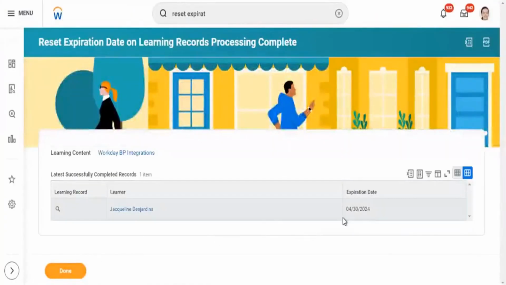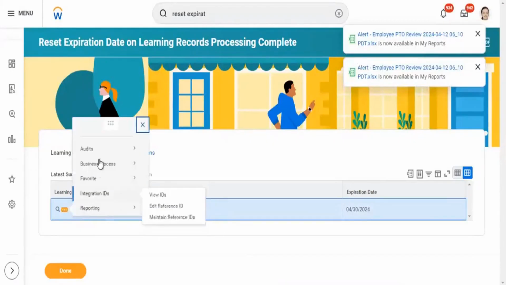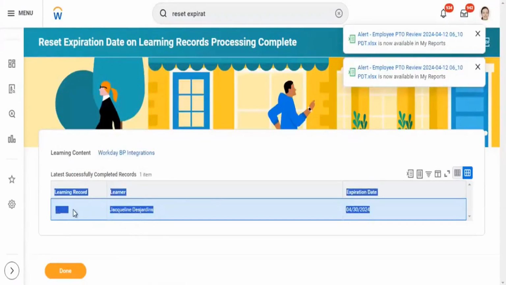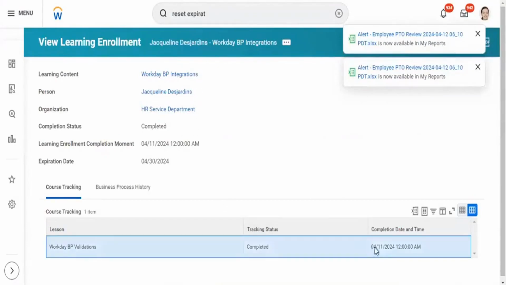Proposed expiration date is showing us 30th. If you can see her enrollment, she enrolled on 4/11/22, that is yesterday, and her expiration date for this enrollment is the 30th. She has enrolled on the 11th, but her expiration date would be on the 30th.